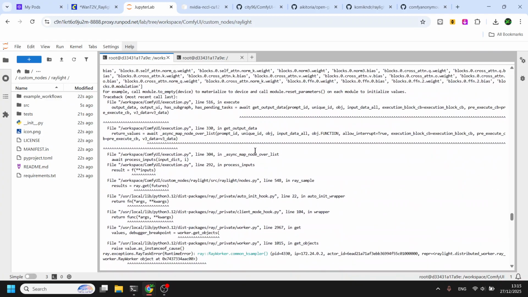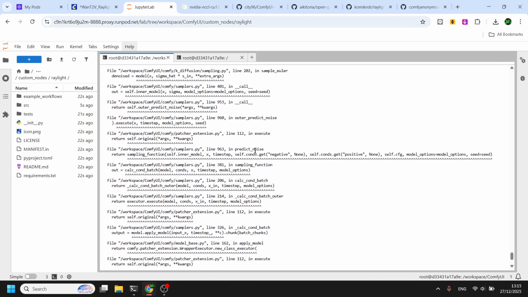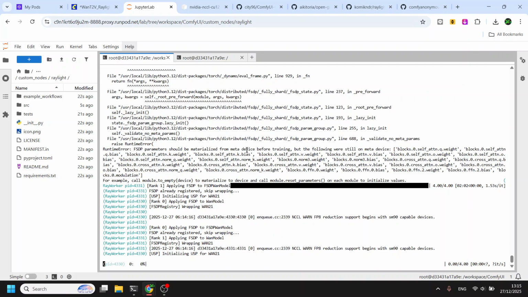See, it does not like anything whatsoever for FSDP in this part. NCCL warn: FP8 reduction support begins with SM90 capable device. This is the error caused by NCCL 2.27.3.